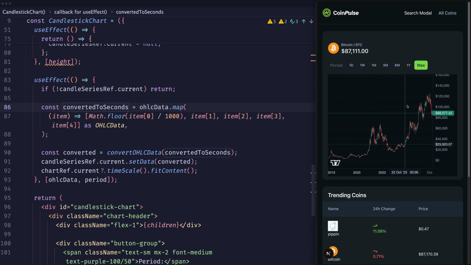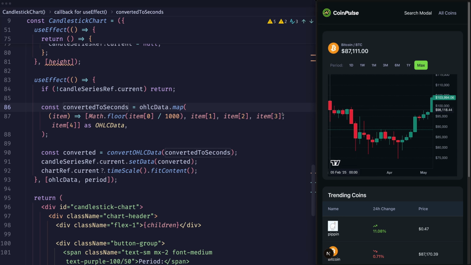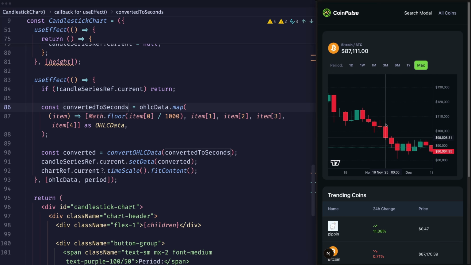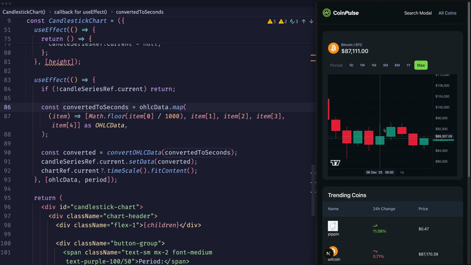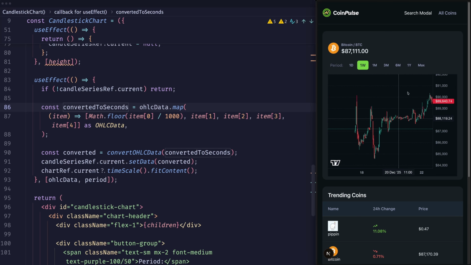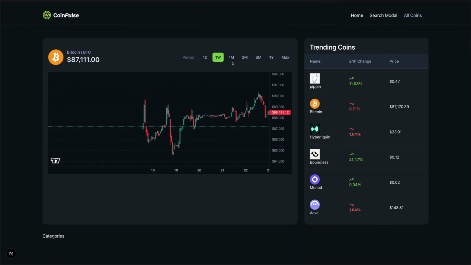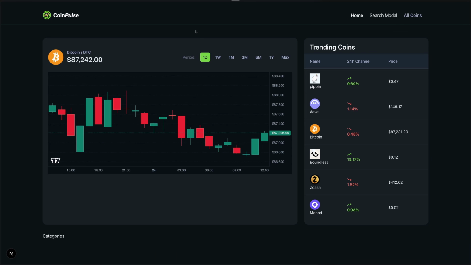It's really cool because you get access to all of this data within the chart. And even if you're in a max period, you can still zoom in and manually get back only to, for example, the last month and really explore it in detail. So you can see that changing the periods actually works and resets the charts. It is still very active and you can move it. And most importantly, if you go to full screen and reload, you can see that now this chart actually takes